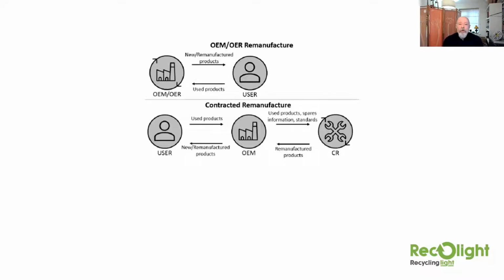Now, this one is when we first started talking about circular economy and some of the bigger manufacturers were talking about this particular model, the idea that you sell a load of light fittings into a building. You might do it as lighting as a service, but what you certainly do is you keep your fingerprints on those fittings, and at some point you go back into the building and you renovate them in some way. It's a direct relationship between the user and the manufacturer. The protocols are already in place,